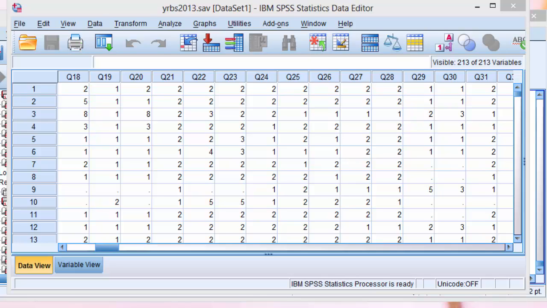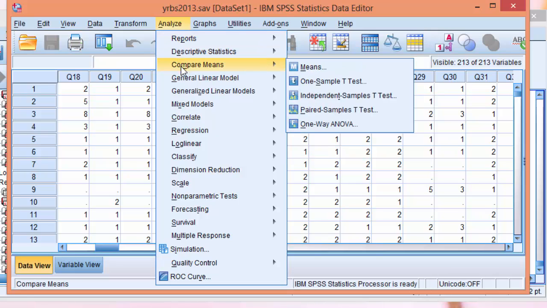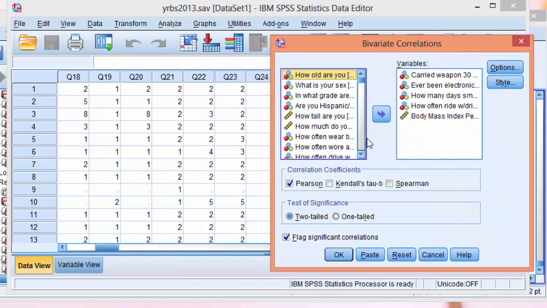Hi everyone, this is our tutorial on how to develop a multiple regression model. To start off with, I am going to run a correlation to get some background on the statistics I will be using in my model. You've already done this as a part of your individual homework assignments, but just in case you want to double check your values, you can go to Analyze, Correlate, and click on Bivariate Correlations and add the following variables into